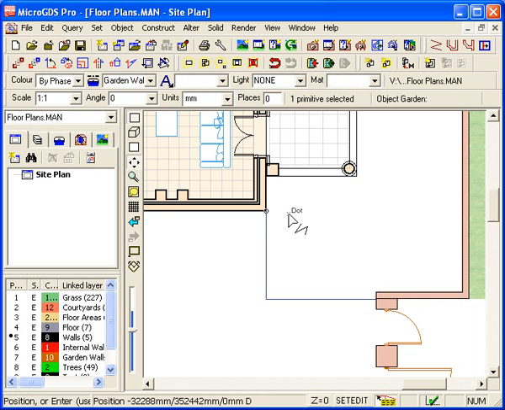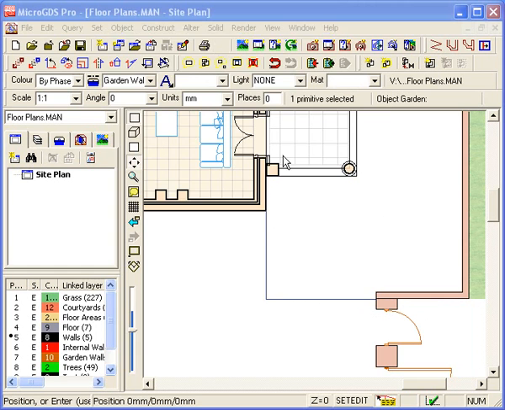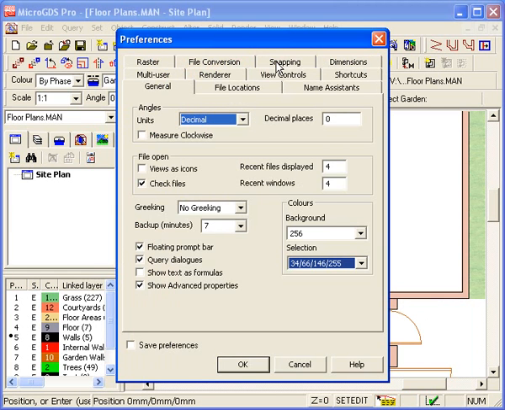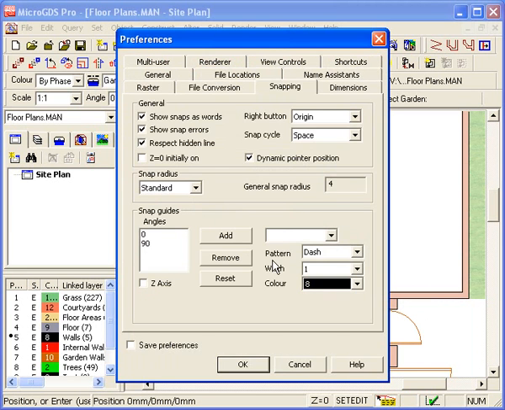By default, the snap guides are drawn as thin black dashes, and the lines constructed at angles of 0 and 90 degrees. You can change these settings in the Preferences dialog box, and selecting this new tab, Snapping. There's an option to add or remove snap guides at any angle, in addition to the default angles of 0 and 90 degrees. Let's add 45 degrees and click Add. And minus 45 degrees,